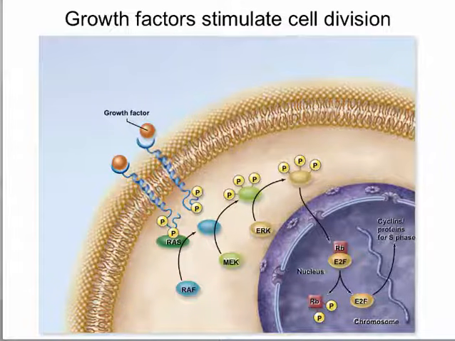And uncontrollable cell division is the beginning of cancer, or can lead to cancer. For example, if any part of this growth factor signaling pathway, where you receive the growth factor and then receptors relay that information onto the nucleus of the cell, where the proteins that signal cell division, such as the cyclins and cyclin-dependent kinases, start being made. If any of these elements become stuck in the on position, so that it is telling the cell to divide even in the absence of growth factors, that is the beginning of cancer.